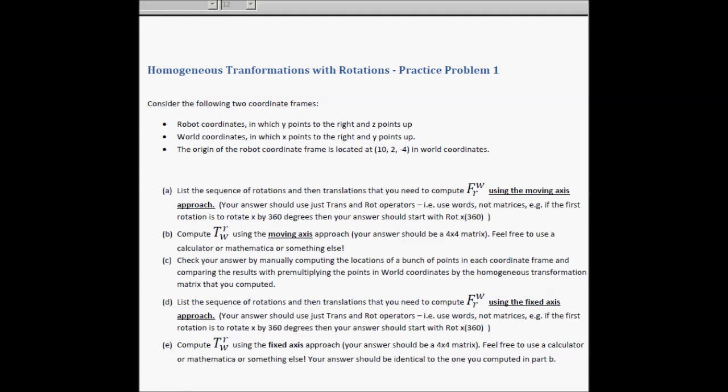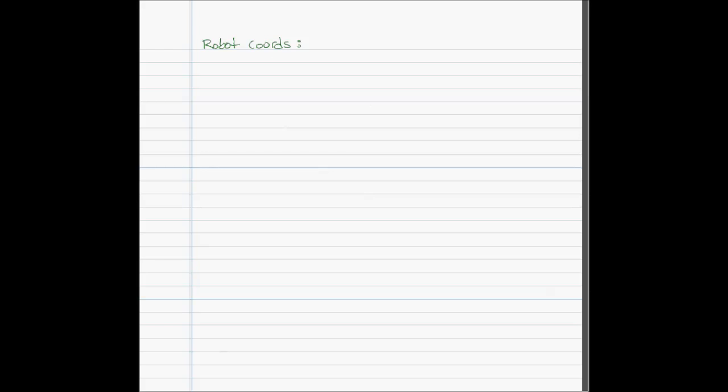Okay, so I'm going to try and solve this problem called Homogeneous Transformations with Rotations Practice Problem 1. It says we've got two coordinate frames. We've got robot coordinates in which y points to the right and z points up. And we've got world coordinates, and in world coordinates x goes to the right